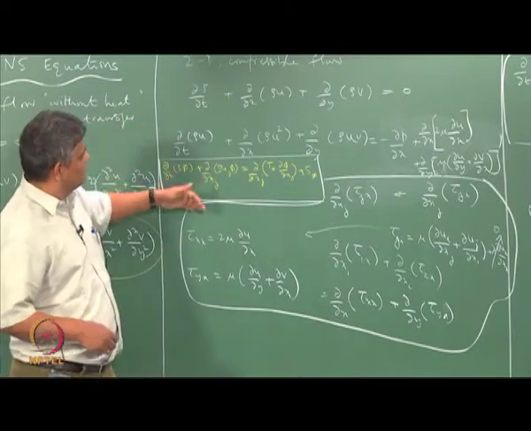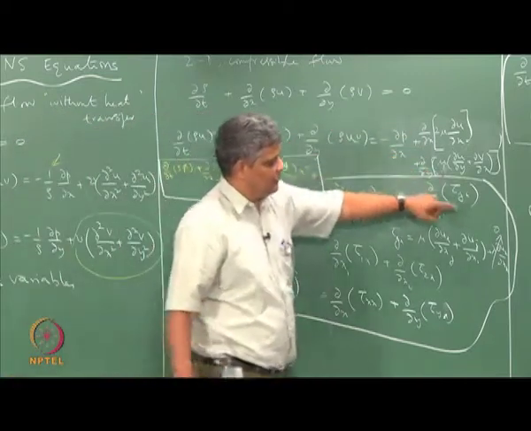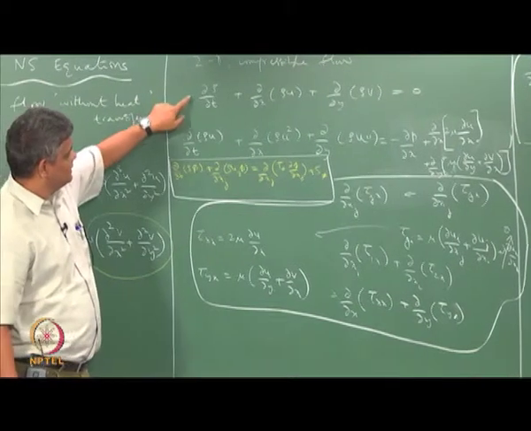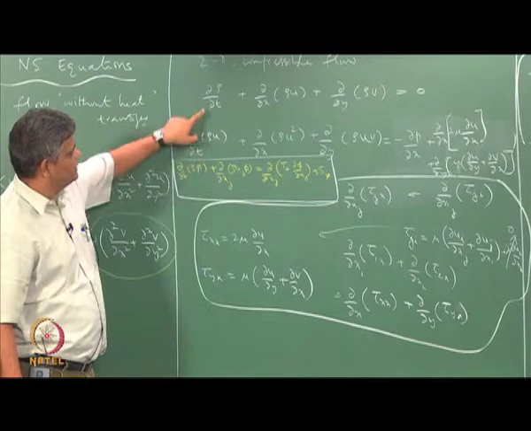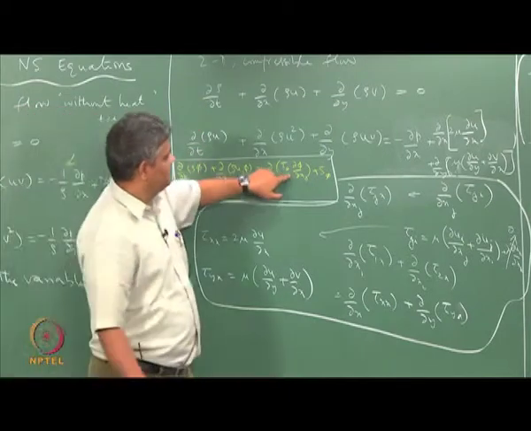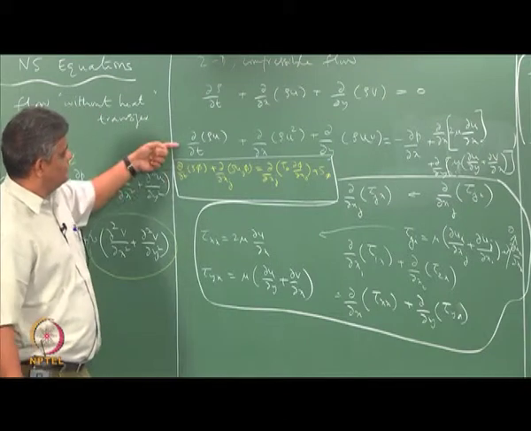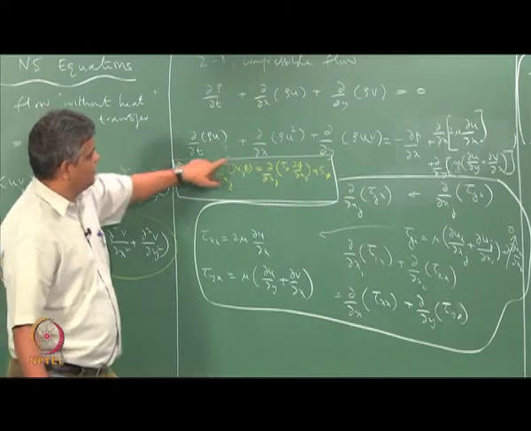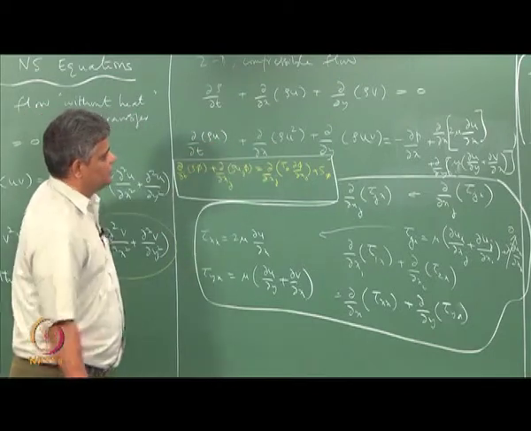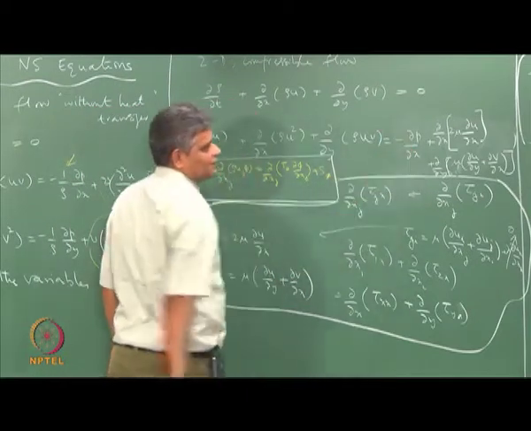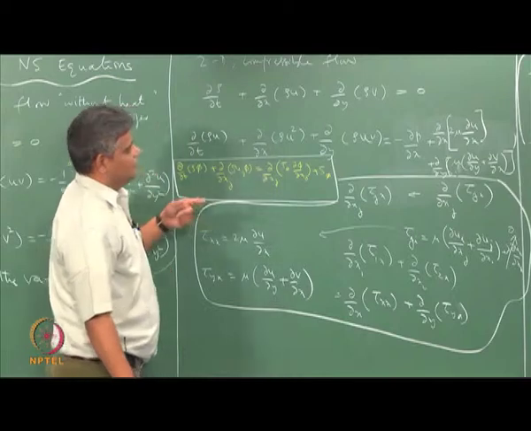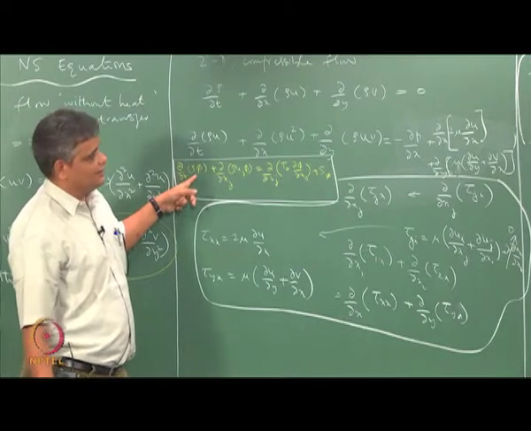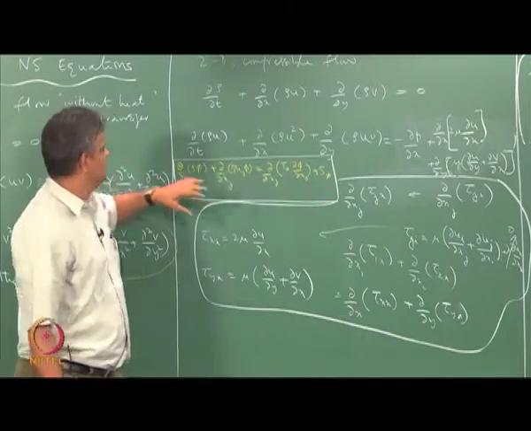And in compressible flow, each equation, including the energy equation, is like the model equation. In the first case, it is like the model equation with phi equal to 1, and the diffusion term is 0 and the source term is 0. In the x momentum equation, it is like the model equation with phi equal to u, and then you have the rho u term coming here, and the source term is given by this. And in the case of the y momentum equation, phi is equal to v, and it is somewhat similar.